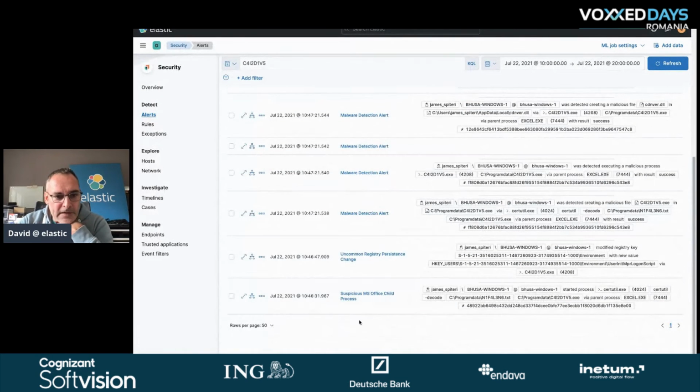And if we look at the very first event that happened with this exe file, we can see that actually this exe file has been created with this certutil.exe using this text file, and using the decode option to produce the exe file that we are seeing. So what happened? Probably in this txt file that Excel generated somewhere, we have the base64 encoded version of the exe file that we want to generate.